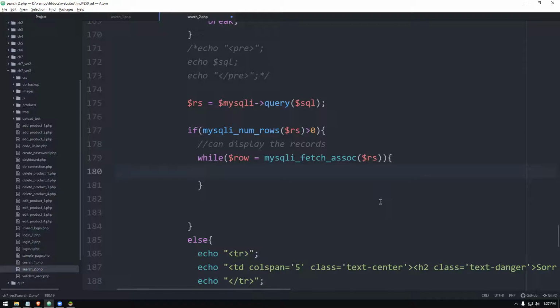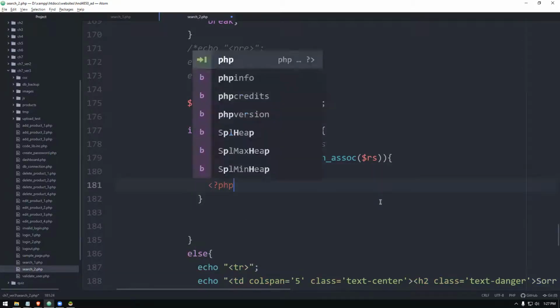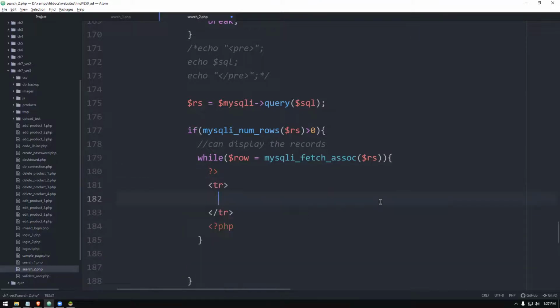I'm going to say echo, or else I can stop the PHP and I can switch to the HTML mode and do it. TR, okay. Then I'm going to have TD tags like this, and inside each TD I can display the values from PHP. So here I will give the field name.